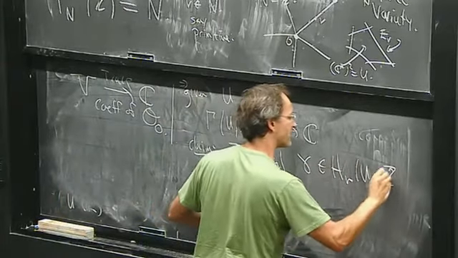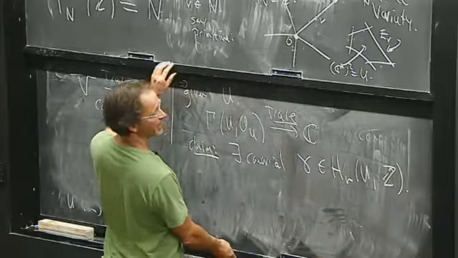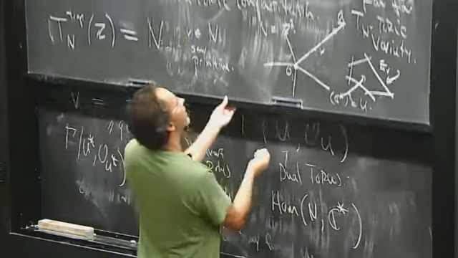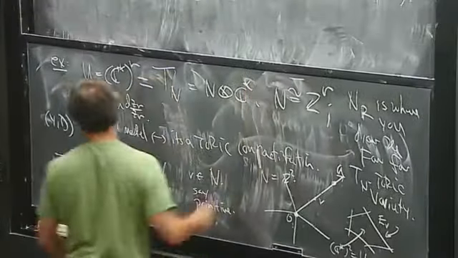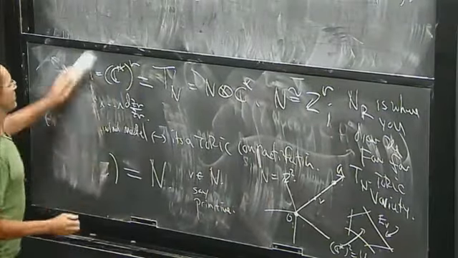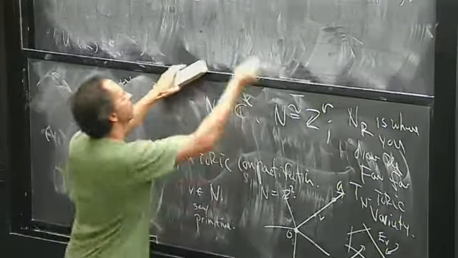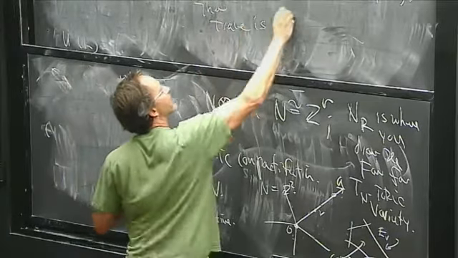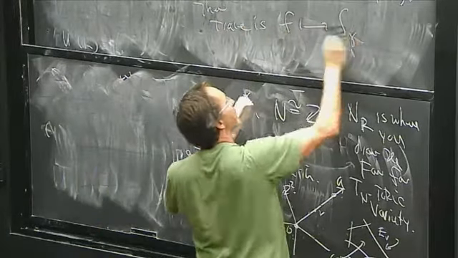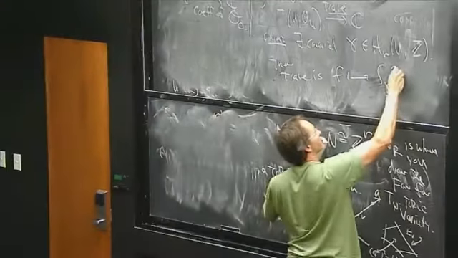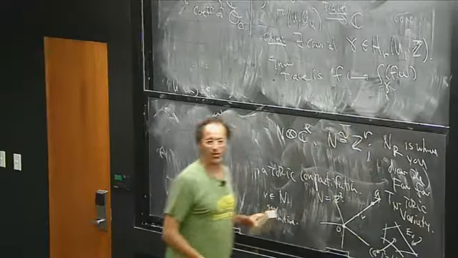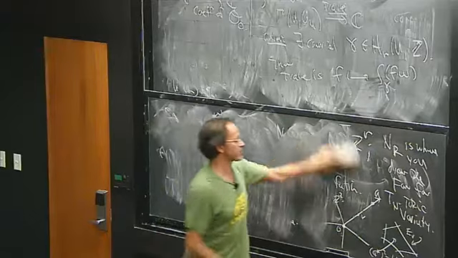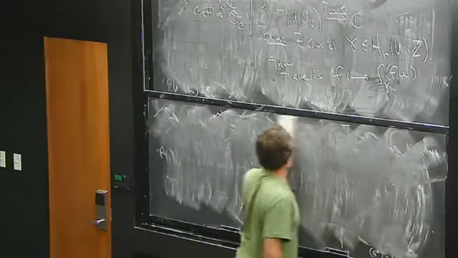So let's see where this comes from. I haven't used my maximal boundary condition yet. That's where I'll use it. So let me explain what this class is. And then the trace sends a function to the integral over gamma of the function multiplied by omega. So the philosophy is, if you have a trace, you ought to have a cycle. It should be integration over a cycle.